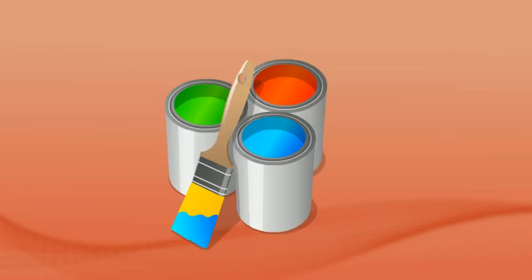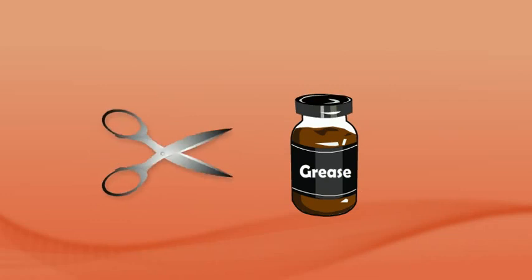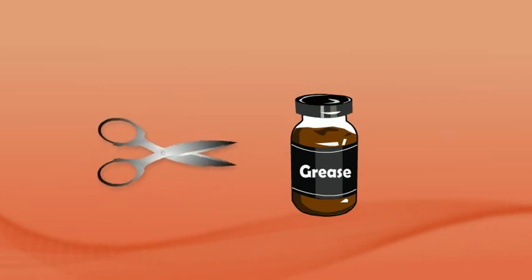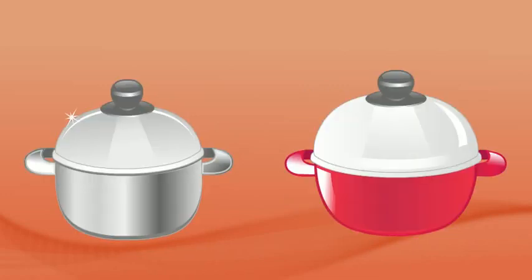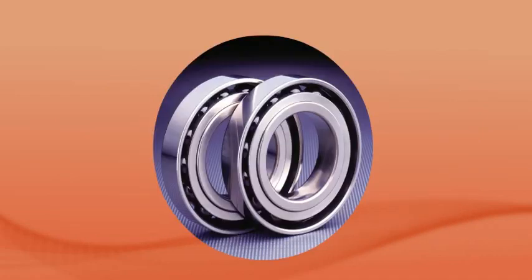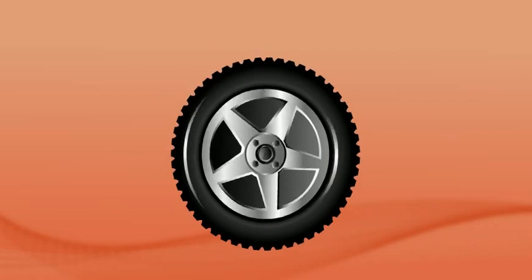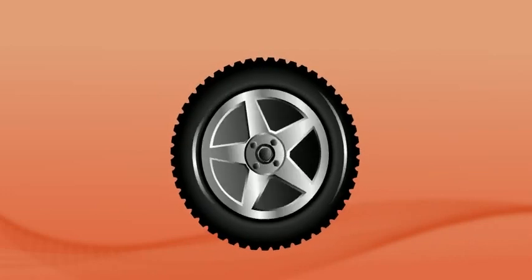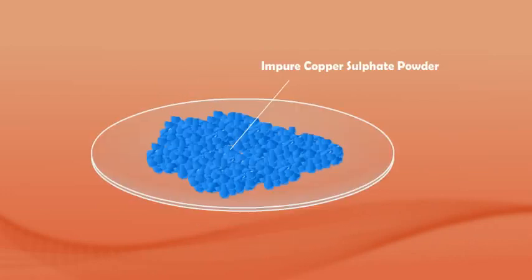Prevention of iron from rusting. We can prevent iron from rusting in the following ways. 1. By painting it. 2. By applying grease or oil on it. 3. By galvanization. Iron is coated with zinc to prevent rusting. 4. By alloying it to make stainless steel.